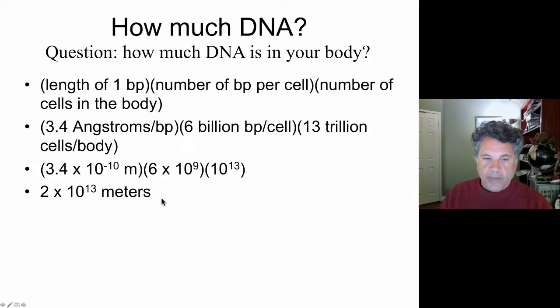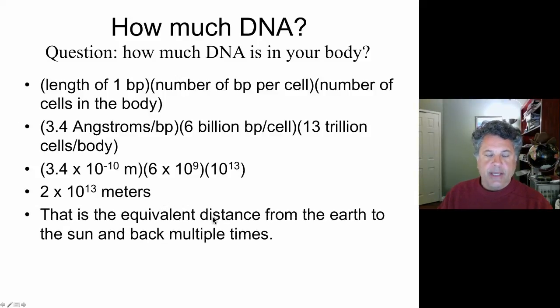Well, if we run that out and put it in miles, it's actually the equivalent distance from the Earth to the Sun and back multiple times. And you know that the distance from the Earth to the Sun is 93 million miles. So you have enough DNA in you, if we isolated every molecule of DNA from every chromosome, put it end to end, and did that for all the cells of your body, to reach to the Sun and back. It's an unbelievable calculation, but it works and it's true. And so this tells you that in fact DNA is very tightly packaged, is highly packaged.